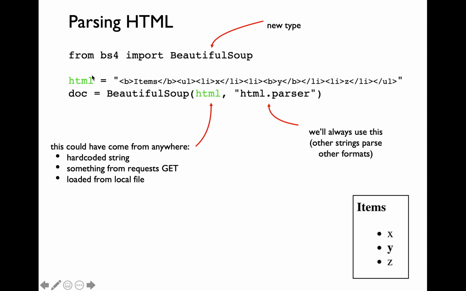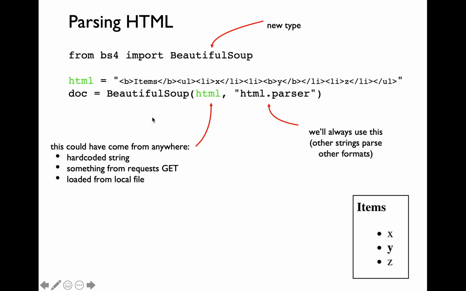The first line of code here is saying from bs4 import BeautifulSoup. We are importing the BeautifulSoup type from the bs4 module. Then I have defined an HTML string within a variable called html. We are creating an object instance by using the constructor function call for the type BeautifulSoup. The constructor function call is going to take two arguments. The first argument is going to be the HTML format for which you want to generate the DOM tree. The second argument is going to be a string called html.parser.